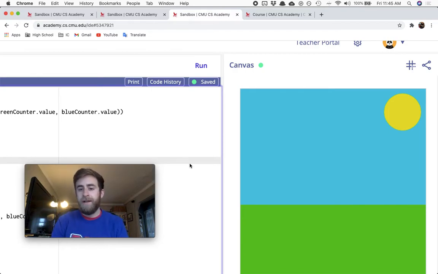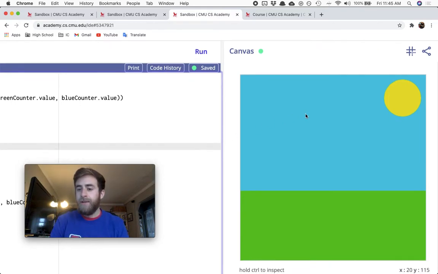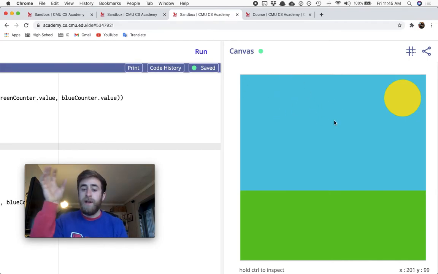For this challenge, I'm asking you to create a scene that looks something like this. It doesn't need to be exactly the same, because it's going to be very hard to mimic exactly what I create here. But the idea is that as you click, on mouse press or on mouse release, the sun is going to set, but also, and this is where the challenge comes in, you're going to change the